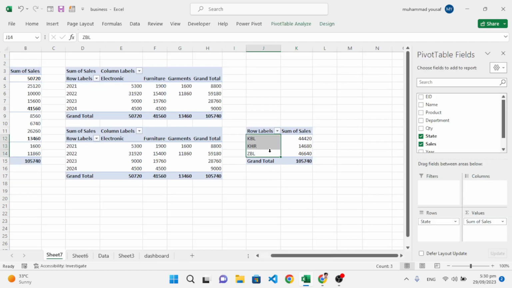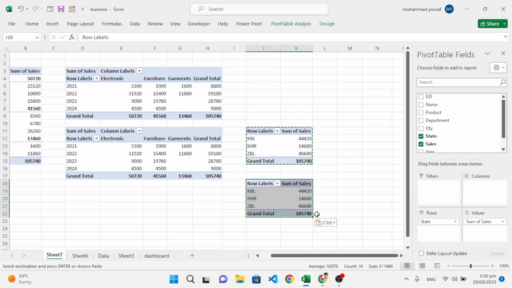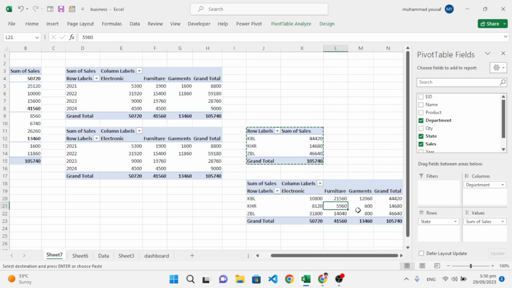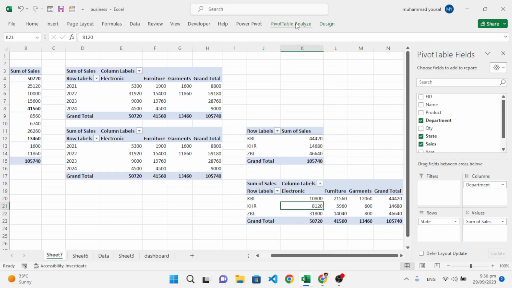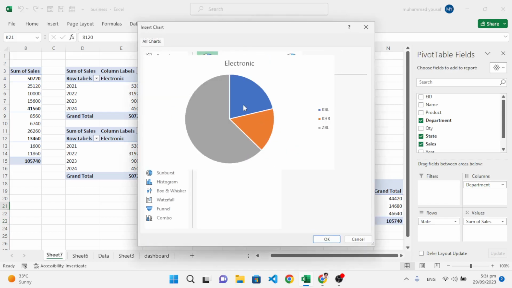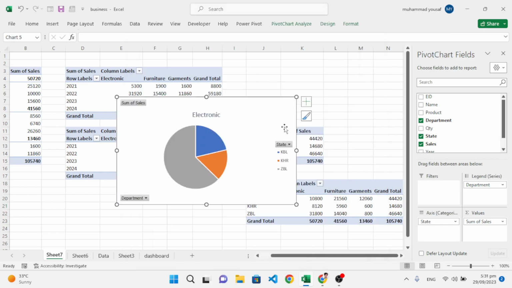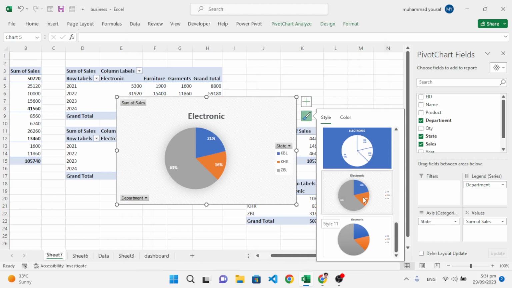Now come here to Shift C1 and Control A it, Control C, and come here, Control V it. Paste it here, for example. After pasting it, now let's add our department to the columns. We will display something like this. Now let's create charts for this one. To create charts for this one, just come here and we will display a pie chart. And let's change the shape of the pie chart. We would like to display something like